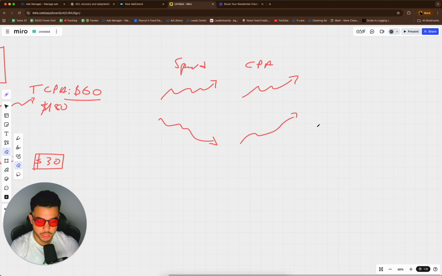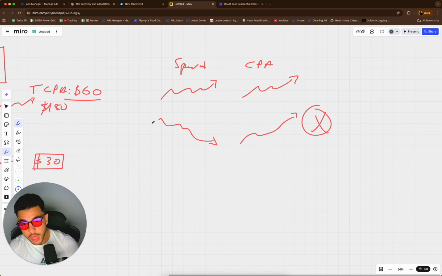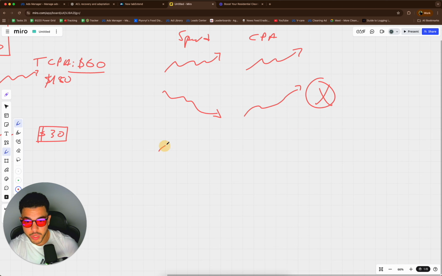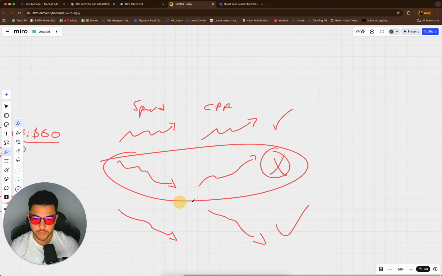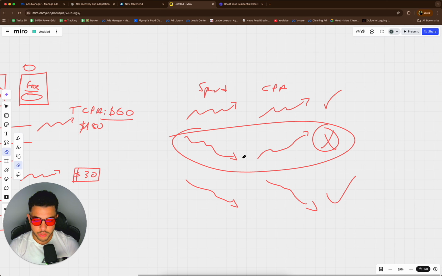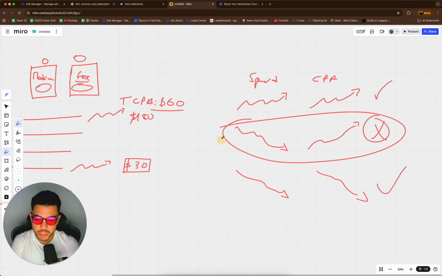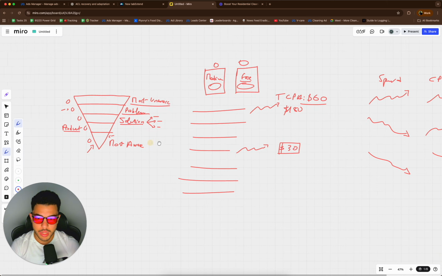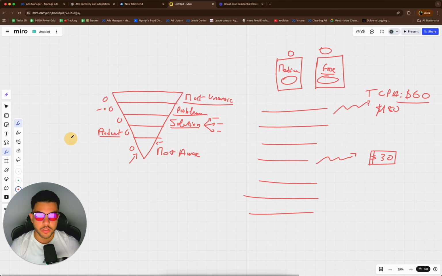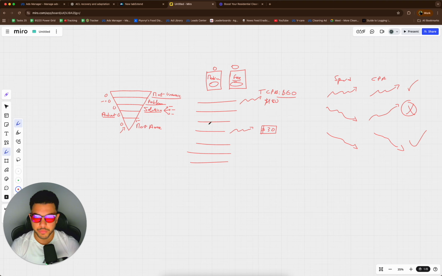Or let's put an X here. That's when you want to stop it. And if the spend is increasing and the CPA is decreasing, you want to keep it. And if we have something else, where spend is decreasing and the CPA is decreasing, you leave it on. So these 2 have to coexist. This is the only part where, I mean, it's not absolute. Sometimes you can determine if you have to turn an ad on or off. So yeah, this is for day 1.